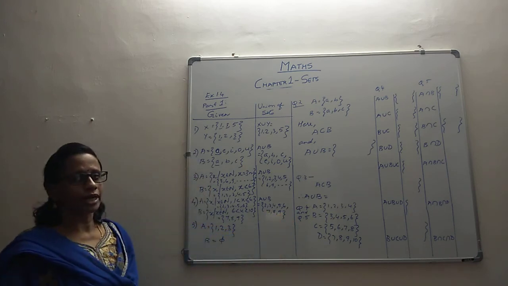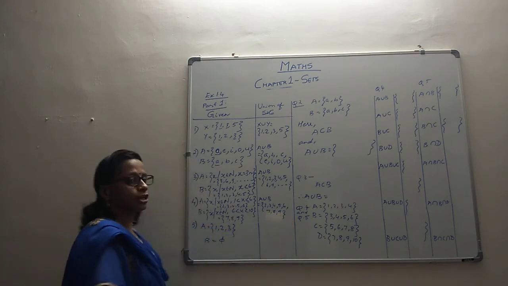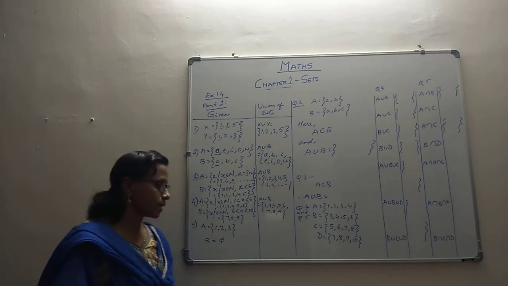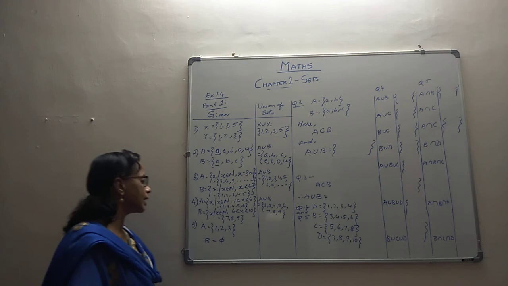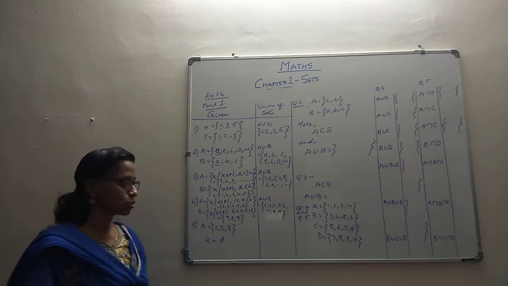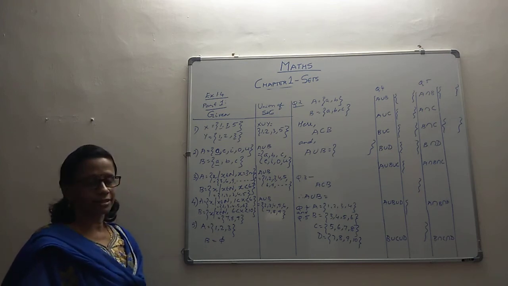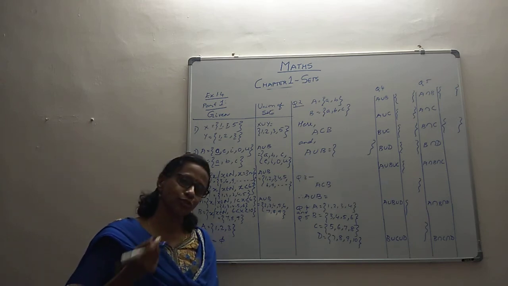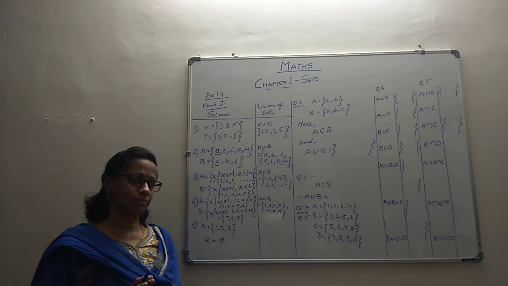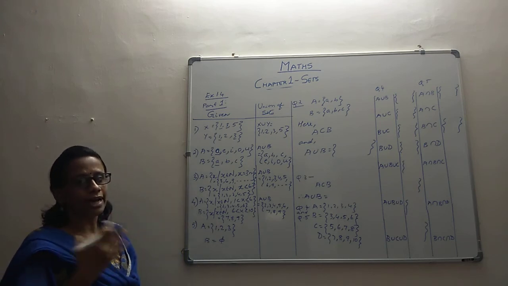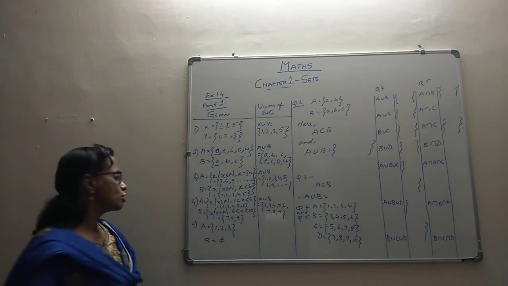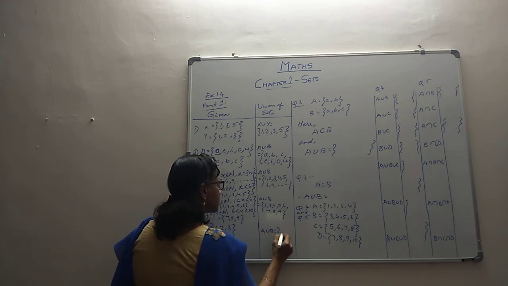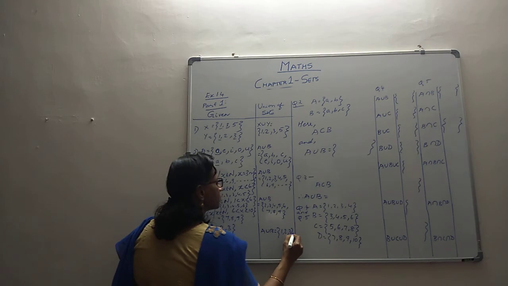So this is how you get the union. That's the union of the set A and B. Now we come to the fifth subpart where you have A as the set 1, 2, 3 and B as the empty set. So whenever you have the empty set, the union will be the set which is non-empty. That is obvious because an empty set doesn't have any element. So therefore A union B will become the non-empty set, whichever is existing. So it is 1, 2 and 3.